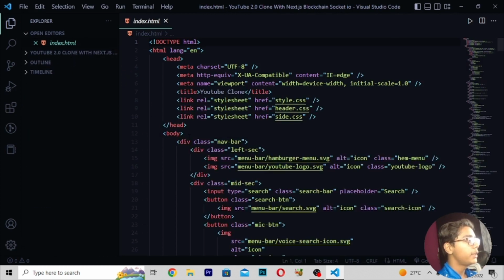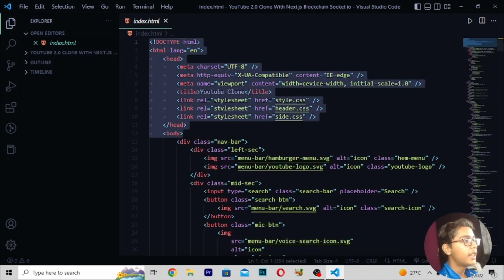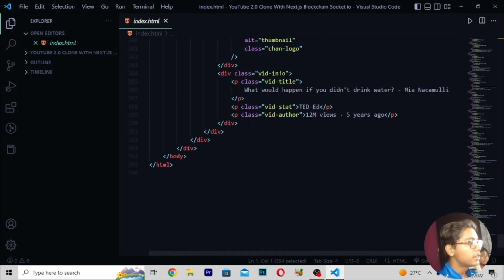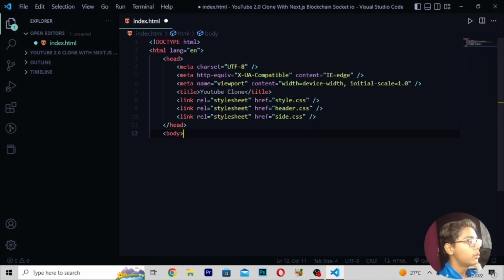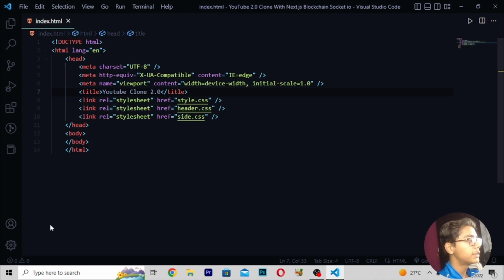Then I will be just copying the starting code from here, and I want to check till the end that nothing is included in this or not. So I will be moving down, so you can see nothing is there, just good. So here I will be erasing all this stuff from here, then only pasting the starting code. Then you have to move down, paste this, save this file. Then I will be writing YouTube 2.0. Then press Ctrl B to close the side panel here.